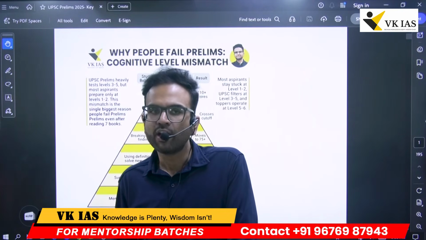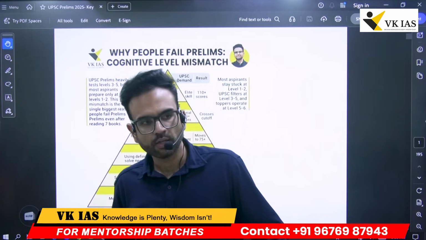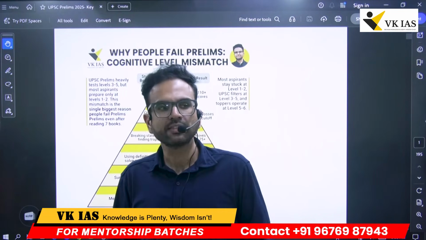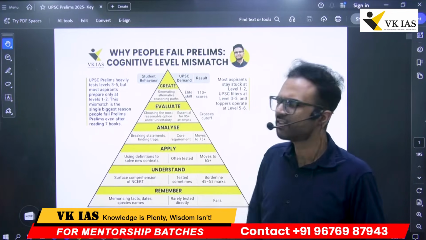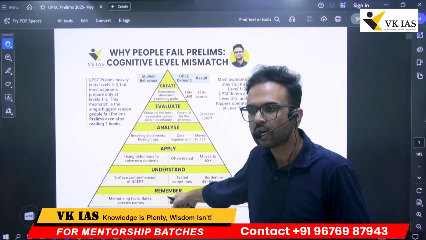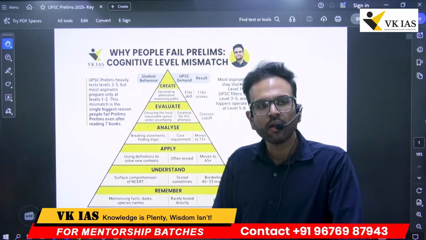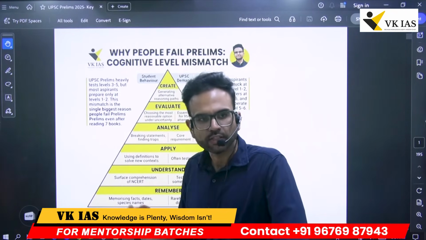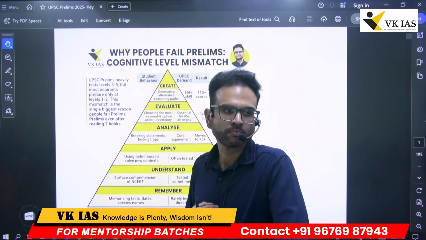For example, if you don't know inflation, the meaning of inflation, the different kinds of inflation, the supply and demand side factors which impact this inflation, this understanding layer will be difficult to score. You will get some questions here, you cannot afford to miss any question that comes from this understanding layer, basic concept. Mostly, nowadays, if you're getting understanding layer level questions, it is mostly from commonly seen terms in the news. For example,